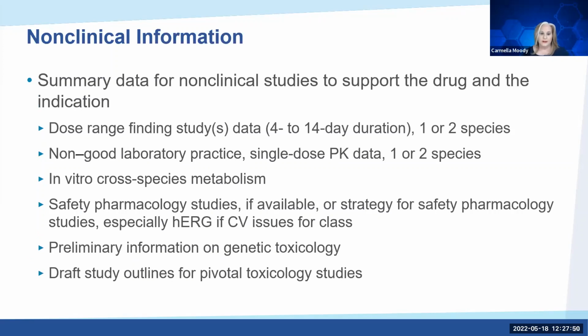So for the non-clinical information that you include in your briefing document, you're going to have a clinical section, a non-clinical section, and a CMC or quality section. The non-clinical information that's generally included, and what we usually recommend, is at least a dose range finding study in 1 to 2 species, so that you have an idea of how to design your GLP studies. That dose range finding study is not a GLP study, but it helps you to understand where